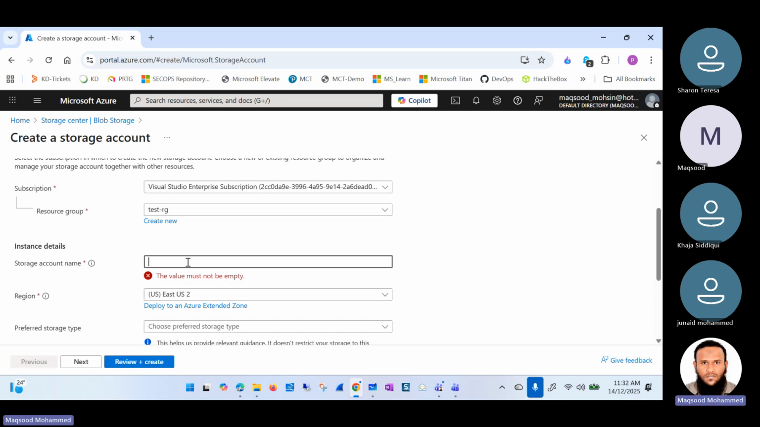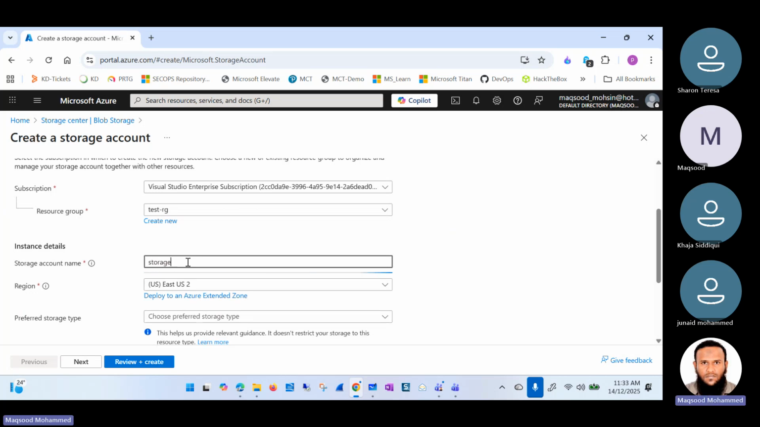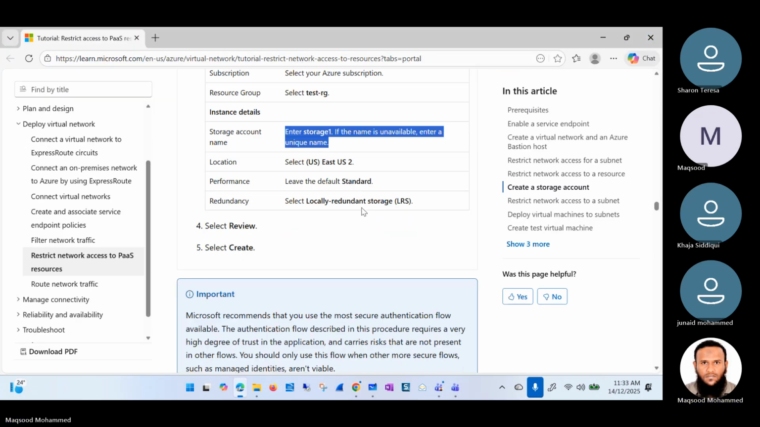So I'll create, what is the name I should use? Storage. Let's go by the date, 14/12/2025. So it makes sure that no other storage account has the same name. Okay, that's fine. And we are going to place it in the same region, ES2, ECS2, and it's going to